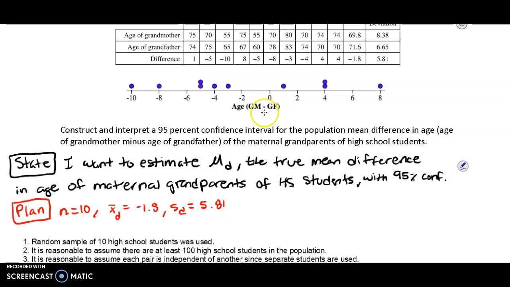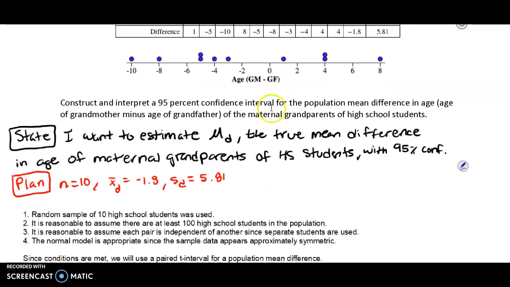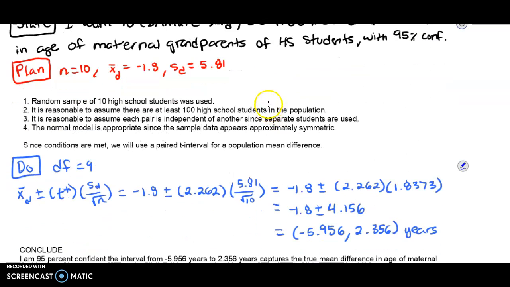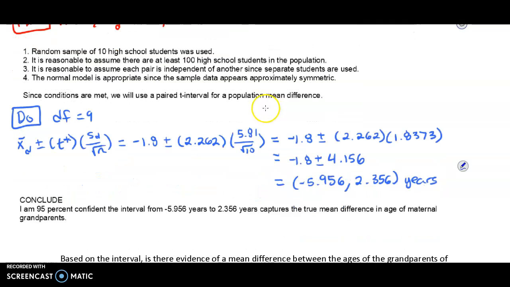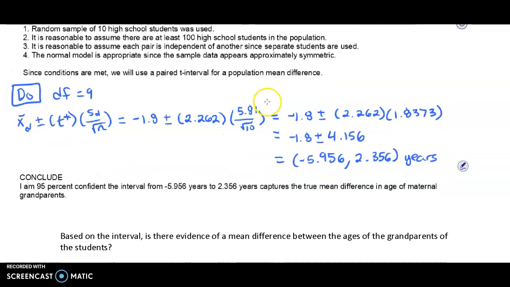Or if the difference is completely negative, that would mean that the grandmother tends to be younger than the grandfather. But if 0 is included within our interval, the only way 0 can be included is if there is actually no difference. And I look here, and it does appear that since 0 is here, I might not have a